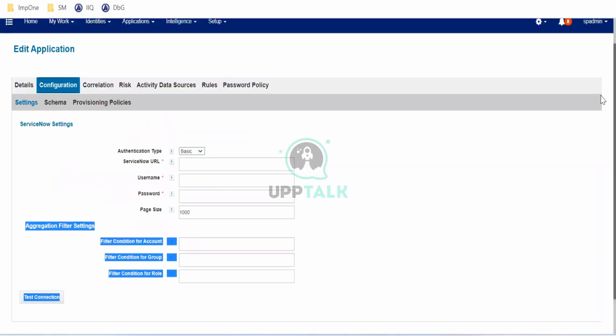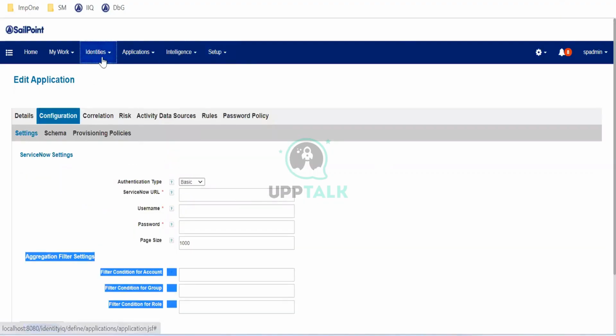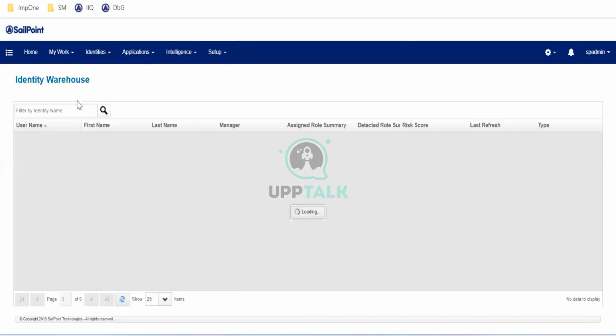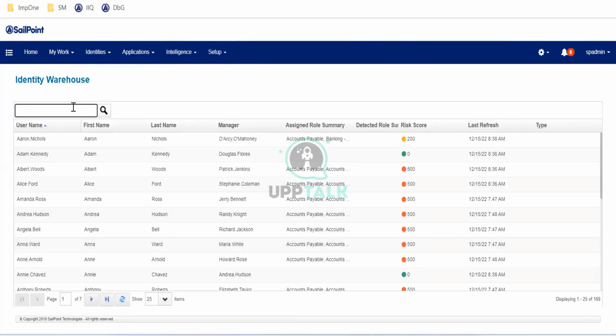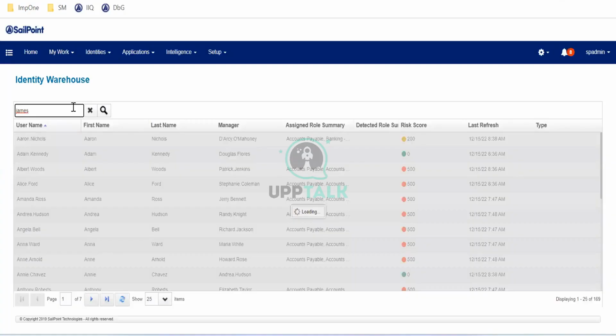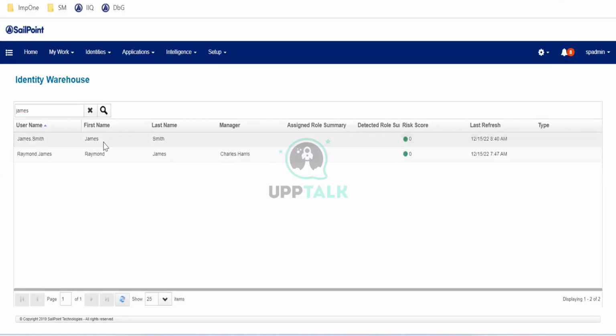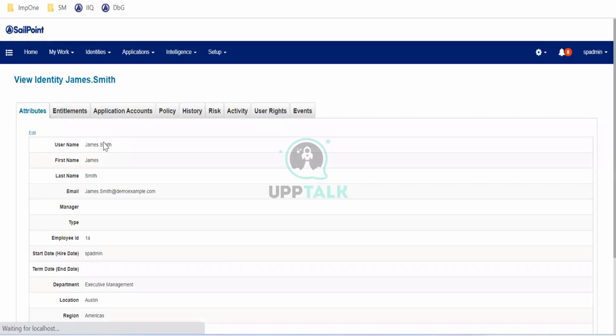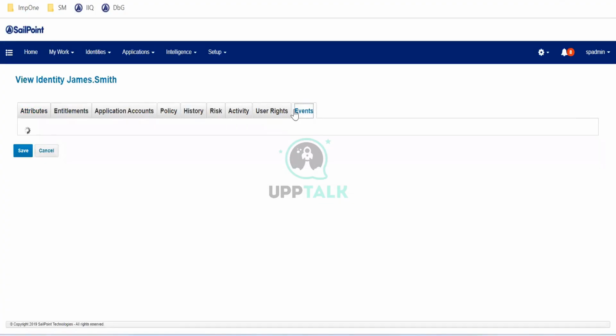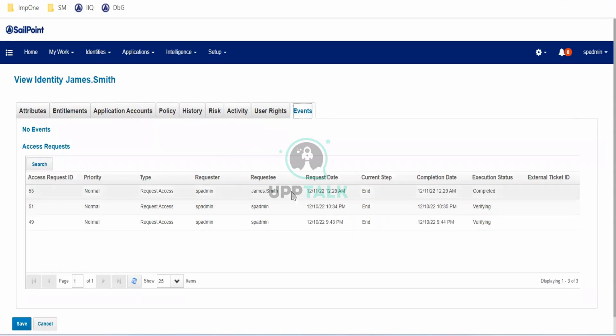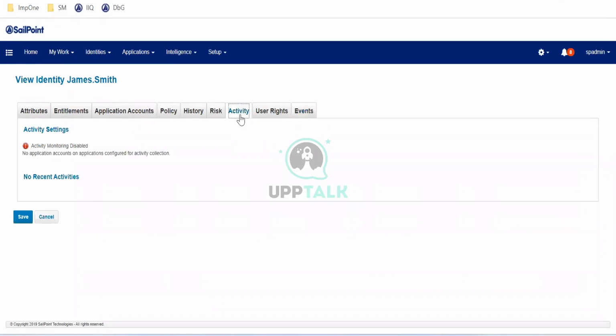Go ahead. Can we go and check the identity? I'm just worried about whether we can see the activity, because everywhere there is some place where these activities get logged. We usually call it an audit log or audit something. Let me open James. That's what I'm saying. In a real-time scenario, some access request will be generated. Inactivity. What about inactivity? Let's check.